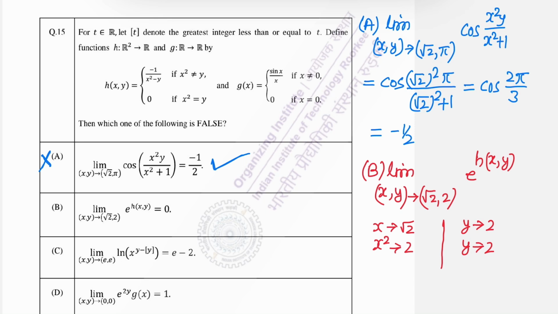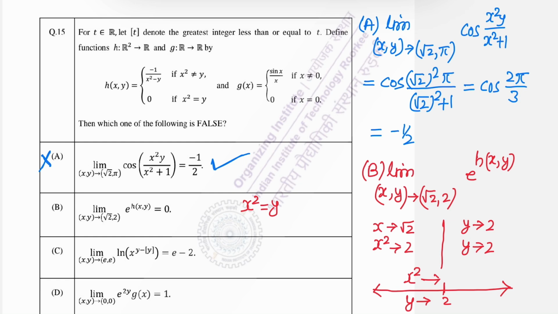How can I say that? See here, suppose I show you 2 on a number line. Here is 2. So it may happen that x square goes to 2 from this side and y goes to 2 from the same side. So there is a possibility that x square may be equal to y,